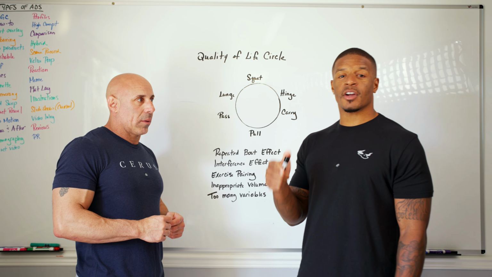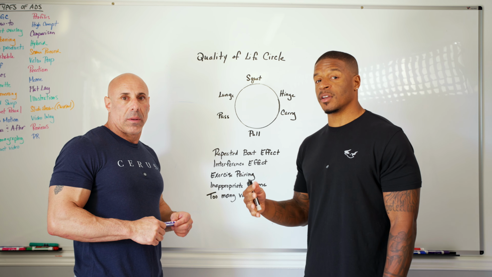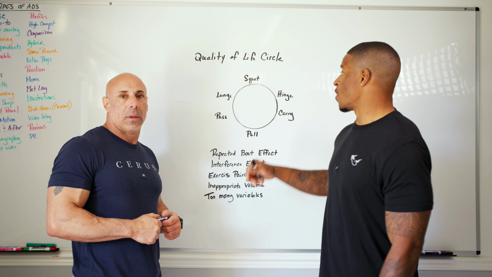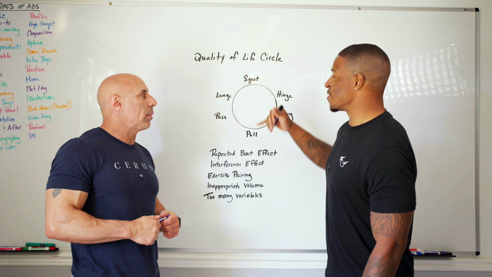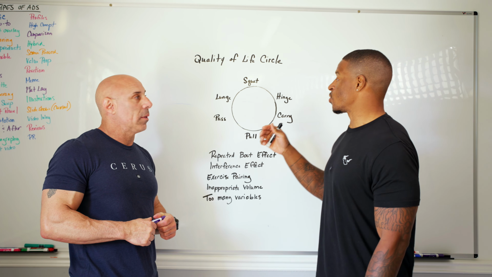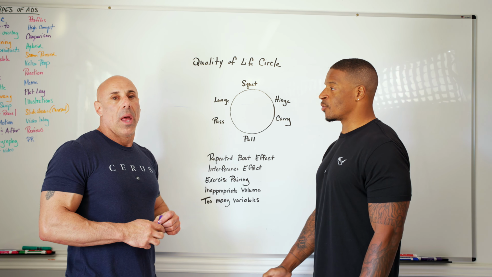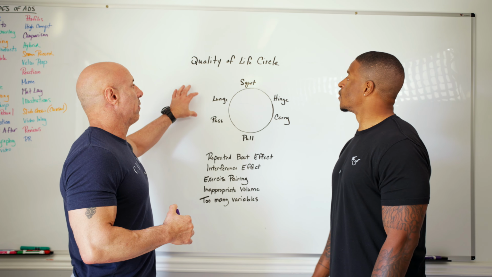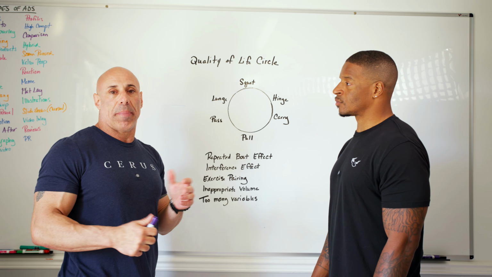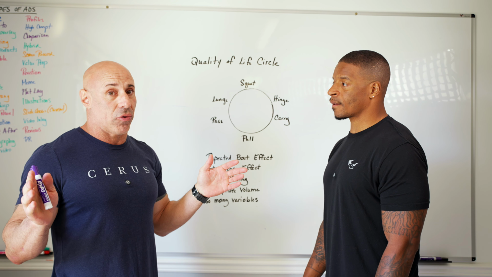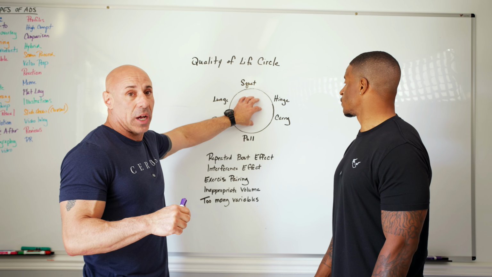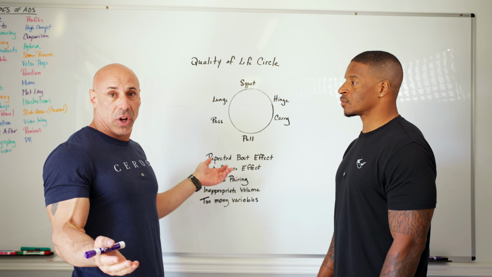All right, guys, welcome. We are here talking about the principles of what we believe in for Strong Bull programming. Rob up here has decorated this amazing board with the quality of life circle. Rob, talk a little bit about what you believe in with these 6 principles and movements. Yeah, so on this quality of life circle, we use the 6 fundamental movement patterns. That is universally thought of by most strength coaches. These are the most important movements to concentrate on, and then everything kind of plays off of that.